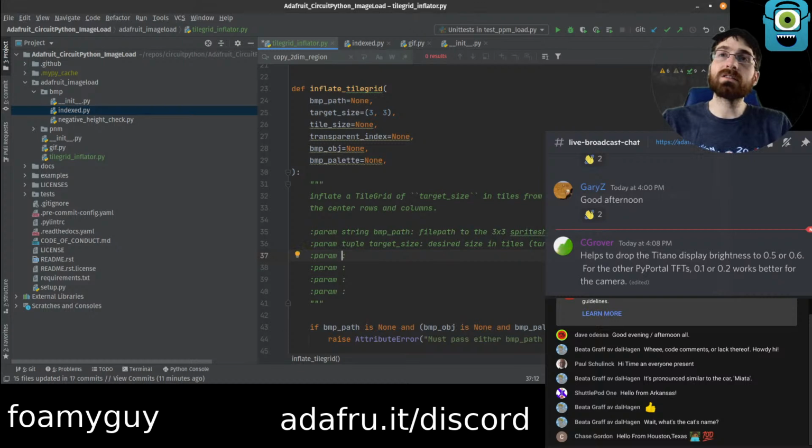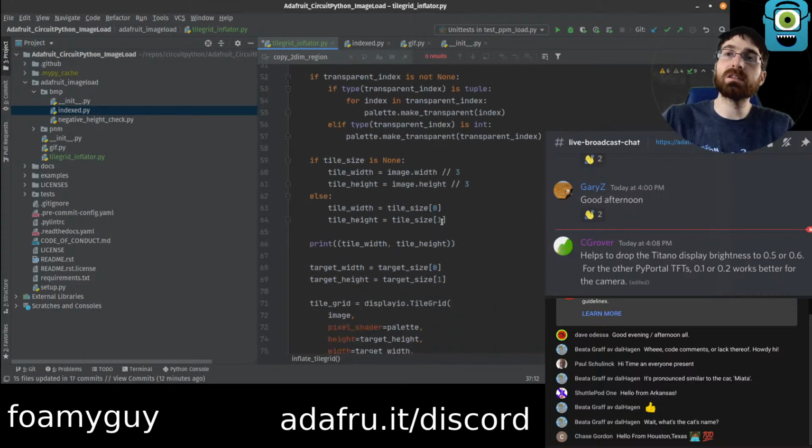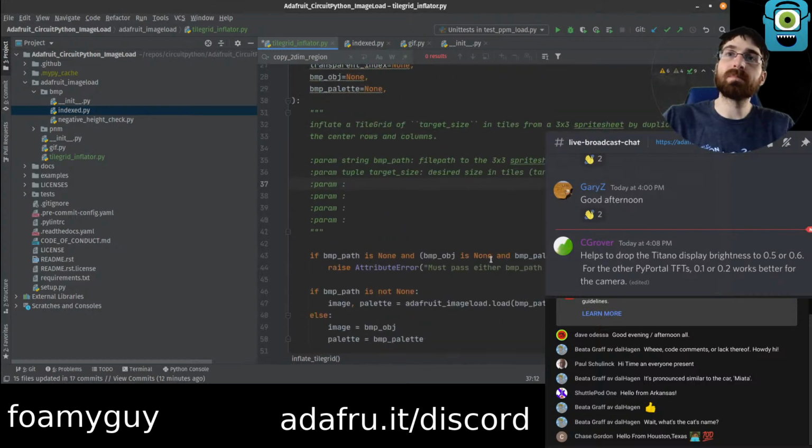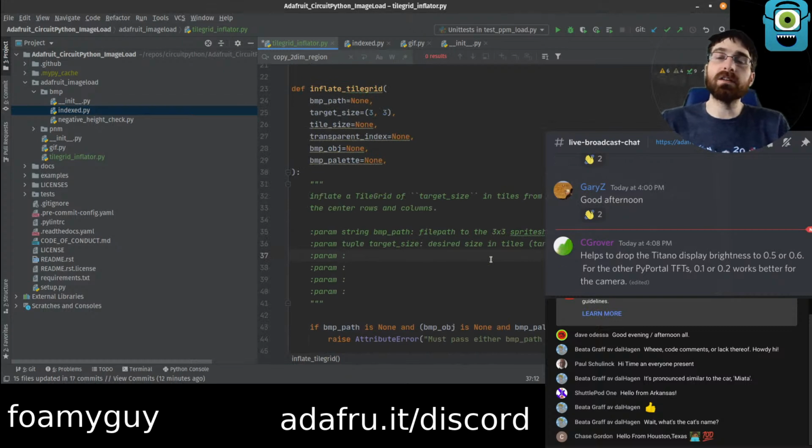Tile size. Tile size can be a tuple, or you can leave it none.